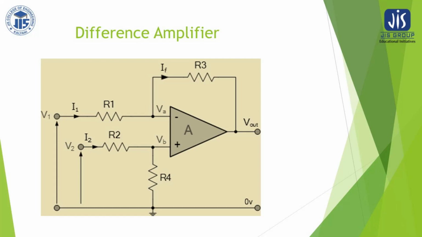So using the difference amplifier, what we established is that the output voltage is nothing but the difference between the two input voltages, provided all the resistances are the same. So this is all about the discussion of the operational amplifier. Next we will discuss some other circuits using operational amplifier as well as examples in the next video.